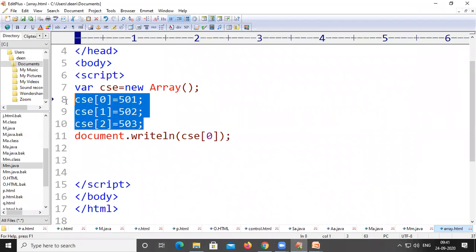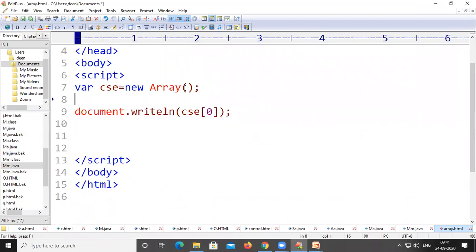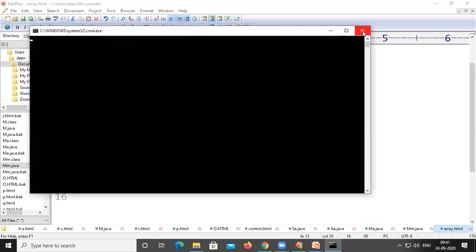If we give the values here, it will be the array which was created by using the array constructor. If I want to print the value which is at index number 4, I can simply give csc of 4. It will print the value which is at index number 4.